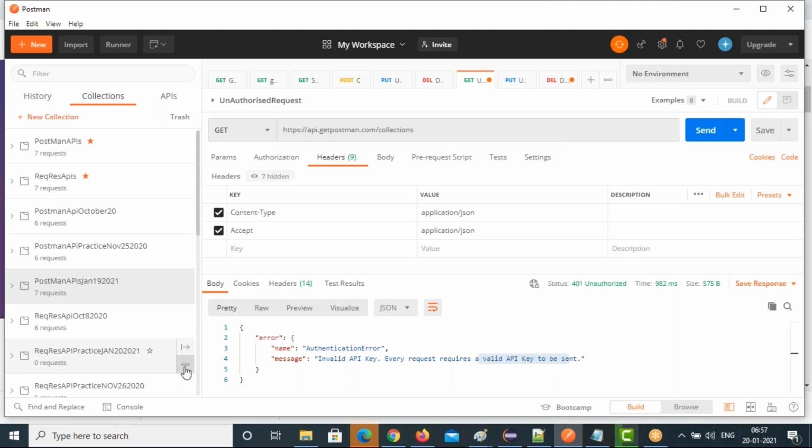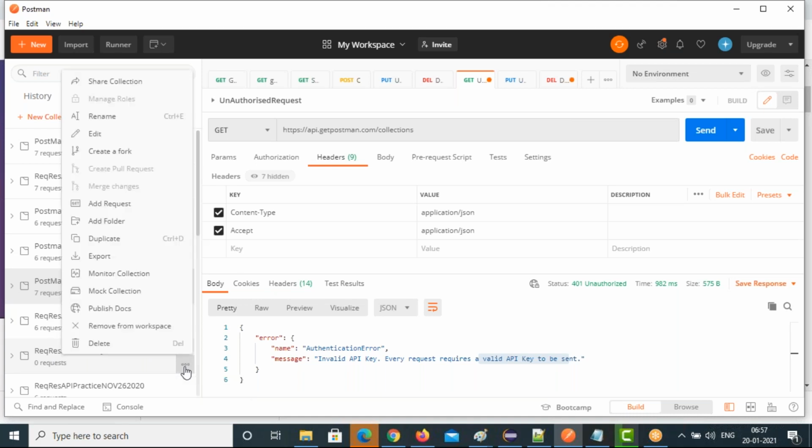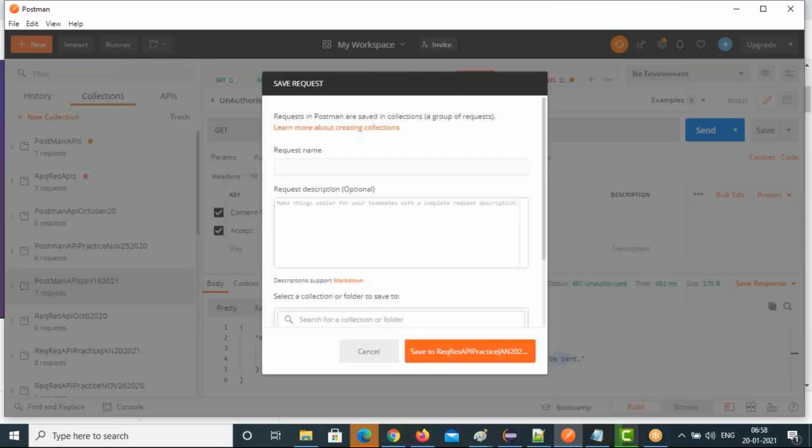Here I need to create a request. You can add folders, you can create many things, whatever you want. In each folder, you can put one request or two requests. So I'm adding a request. First is get users. The request name is get all users.